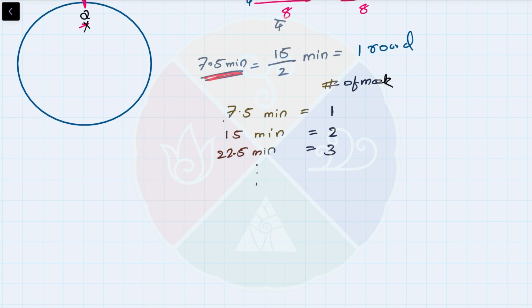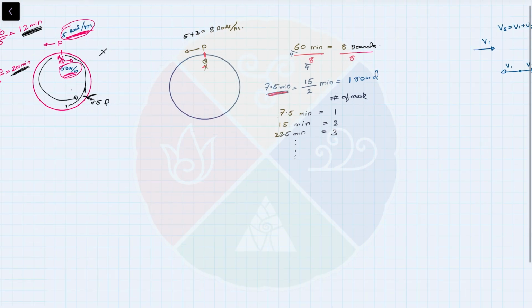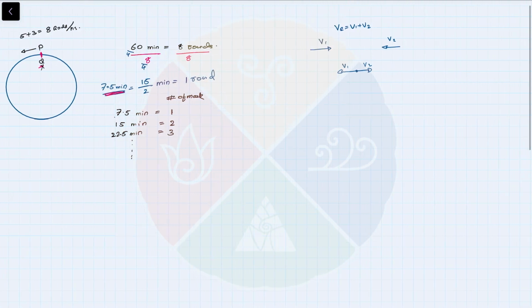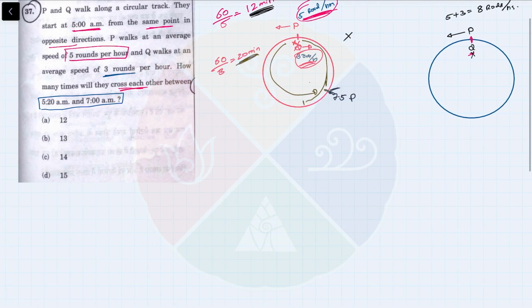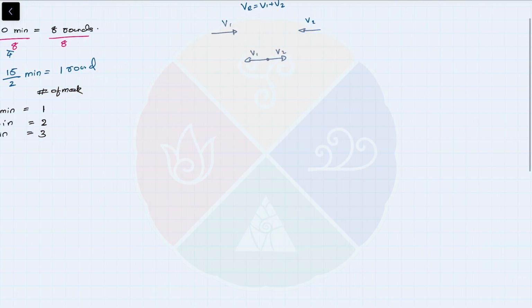Third meet. So basically it will go on till he's walking till 7 a.m., right? They started at 5 a.m. and they are walking till 7 a.m. So that's 2 hours. In 2 hours, if I divide by 7.5, 2 divided by 7.5,